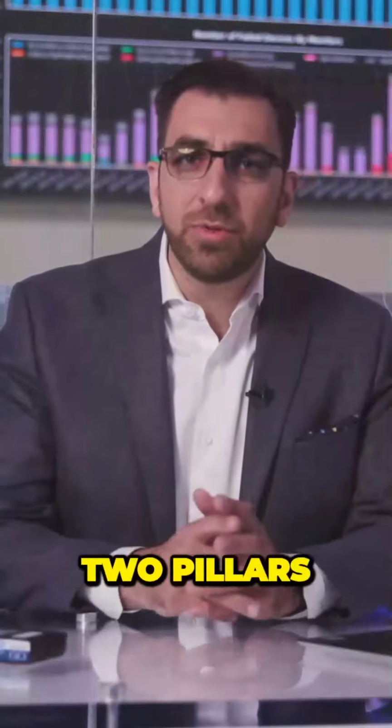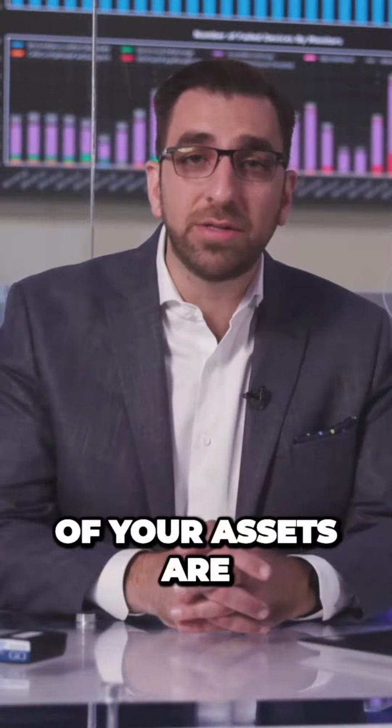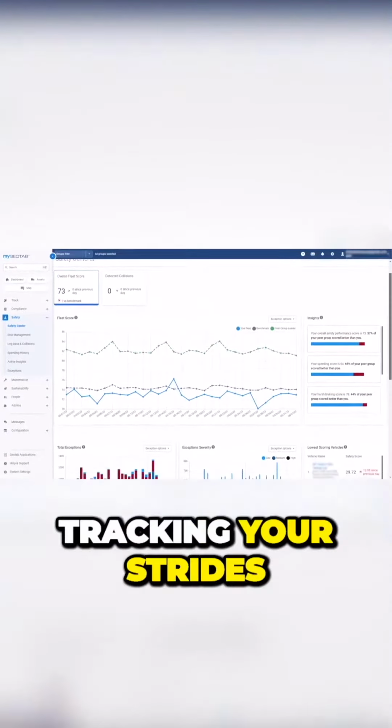Safety and maintenance, two pillars of effective fleet management. After all, the well-being of your drivers and the longevity of your assets are critical to your business. The Safety Center is your mission control for managing risks, tracking your strides in reducing accidents, and flagging any unsafe